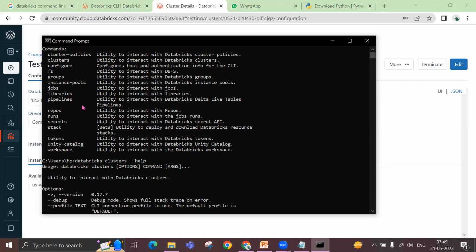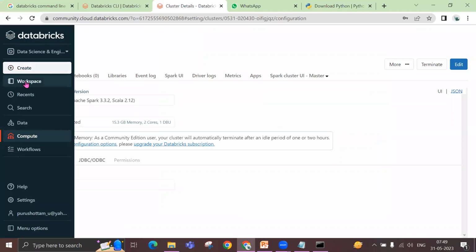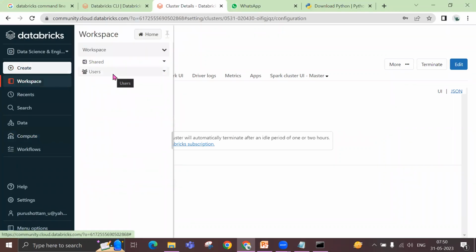Now you can see there is a thing called secrets, to interact with Databricks secret APIs. This is the package we need to use to create a Databricks based scope. The same thing is available in here also. If you go to workspace,